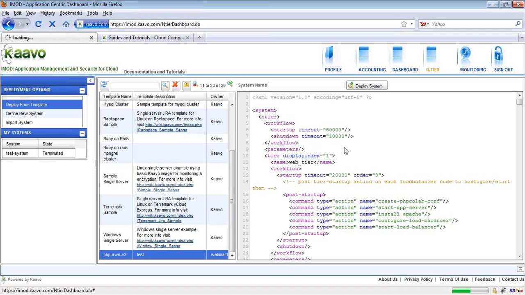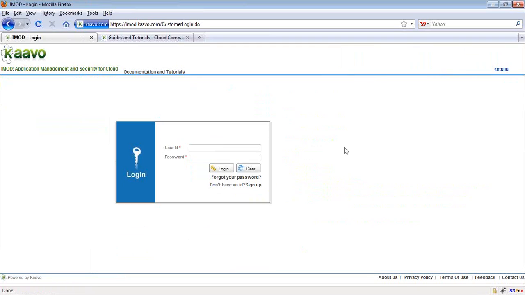That means if any user logs into iMod, they will be able to see this template. Let me go back to webinar 1.